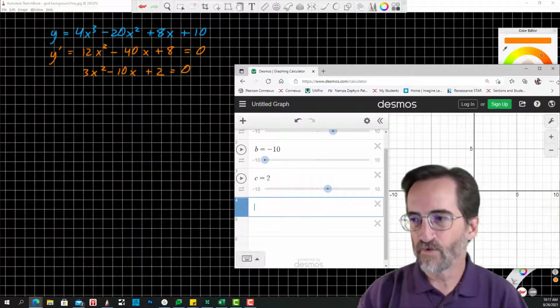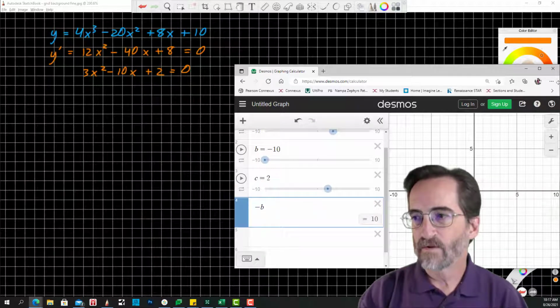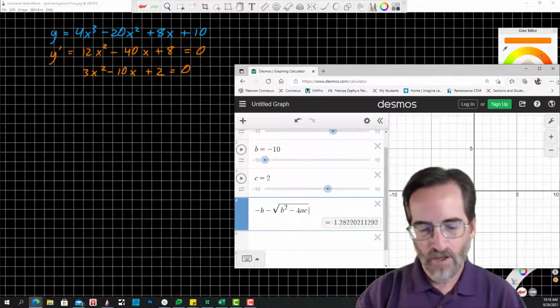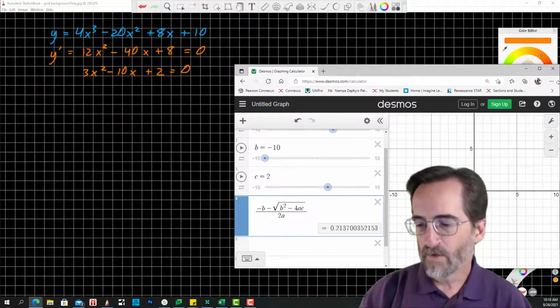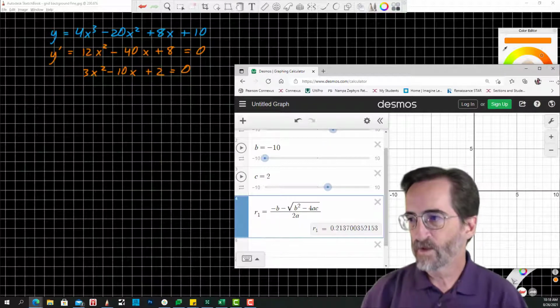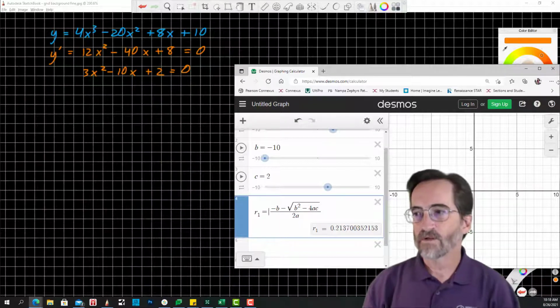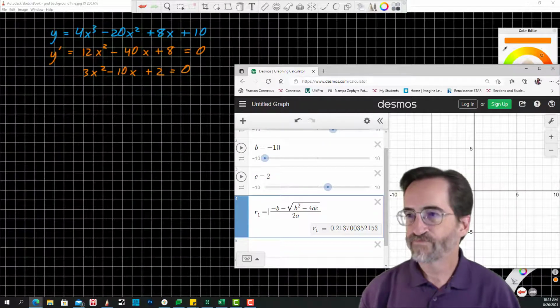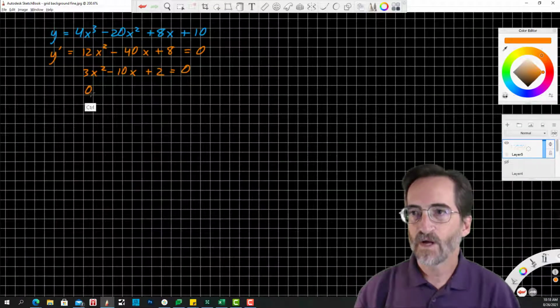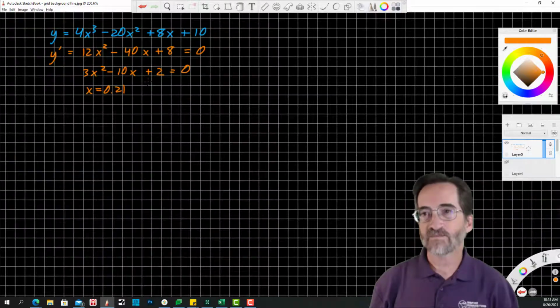And then I just enter the formula: negative b plus or minus, I'm going to start with minus, square root of b squared minus 4ac, all over 2a. I'm going to call this R1. So my first root is 0.21. So x equals 0.21 is the approximate value that gives me a 0